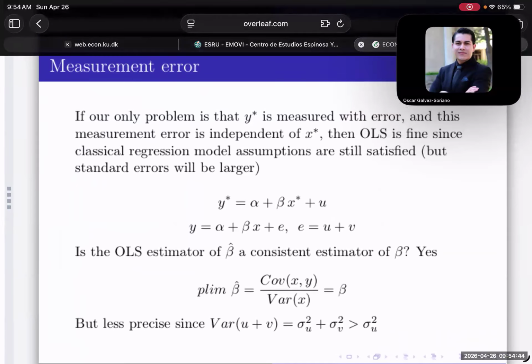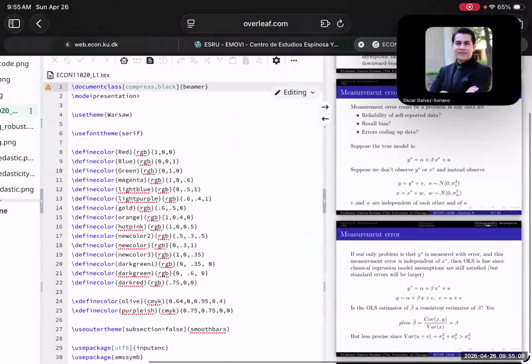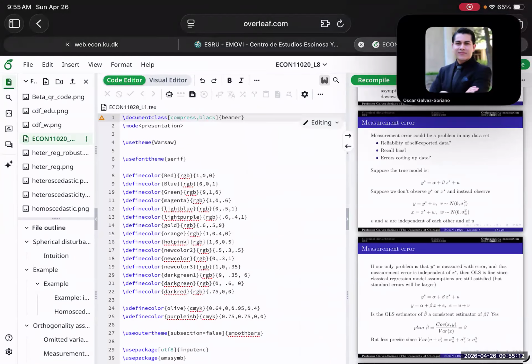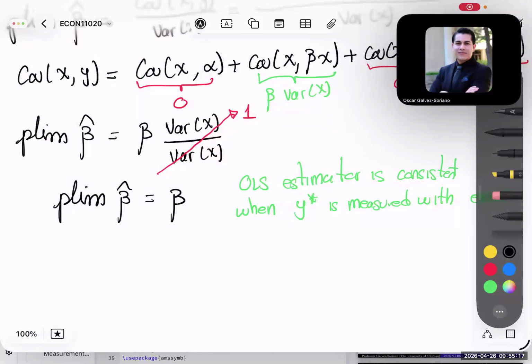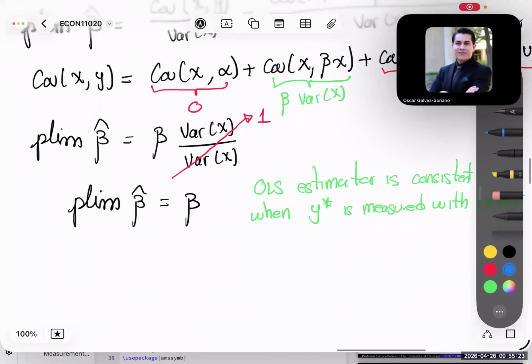That's because now you are adding two variances, the variance of u and the variance of v, which are the errors of your regression. So now it is the sum of these two. So that's the reason why it is measured with less precision, but in terms of consistency, we are good. So this is not really too much of a trouble,